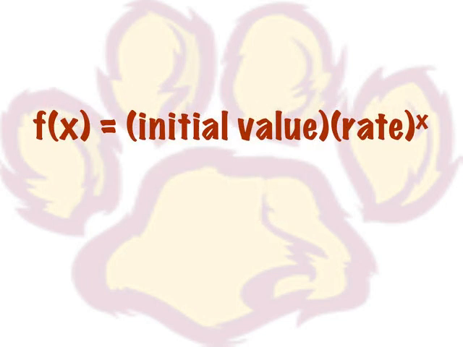In an exponential function, you'll see something that looks like this. You typically get f of x equals whatever the initial value is times the rate to the x power. That x is an exponent for exponential functions. Your rate is the amount that the value is either increasing or decreasing. If it's increasing or decreasing by a percent, make sure you are adding or subtracting from 100 and changing that